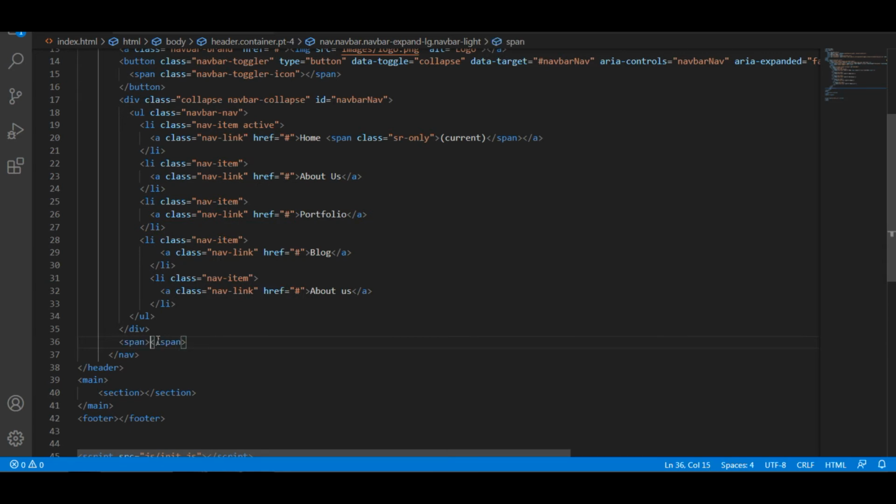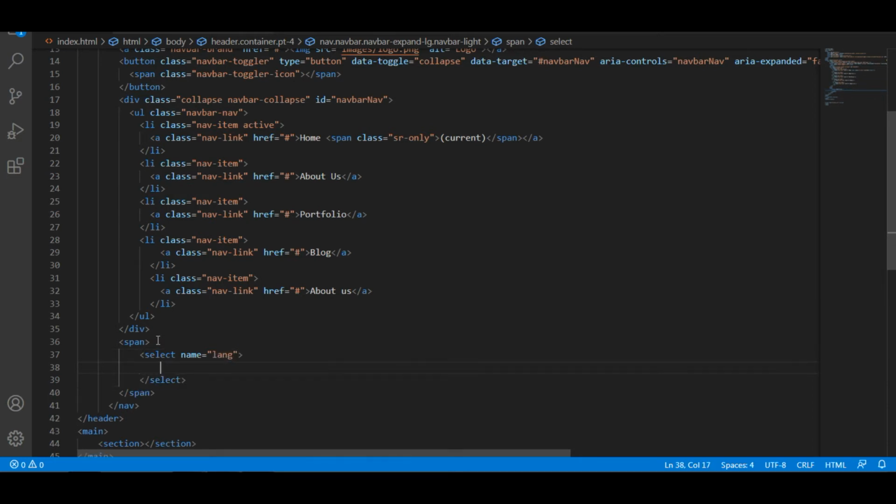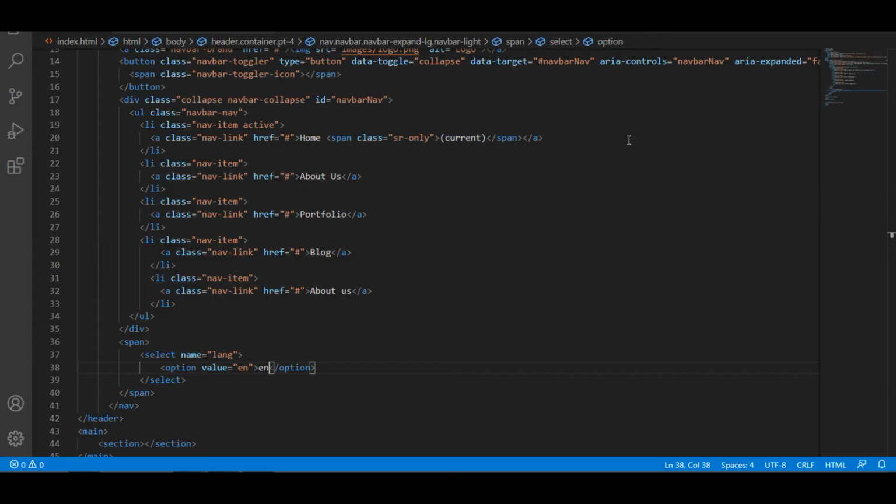In the span tag, I want the language select option and the contact us button. So I am using the select here, then the option, and I am giving only en. Okay, so there it is. It is on the right side of our content.